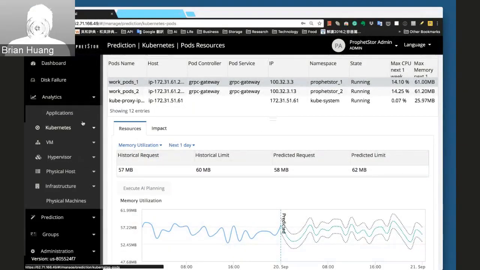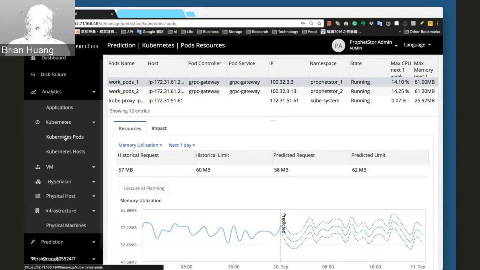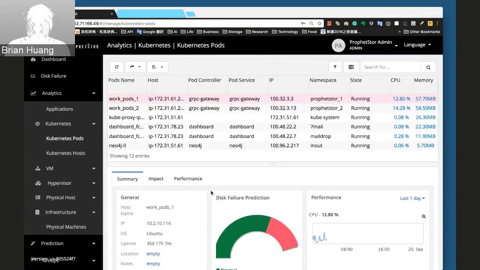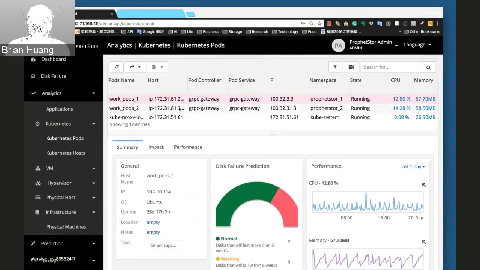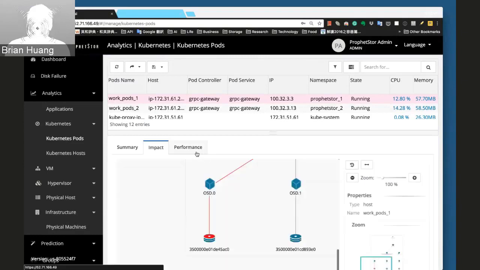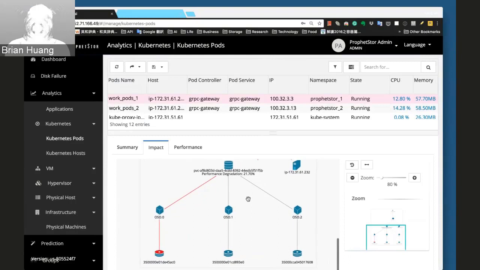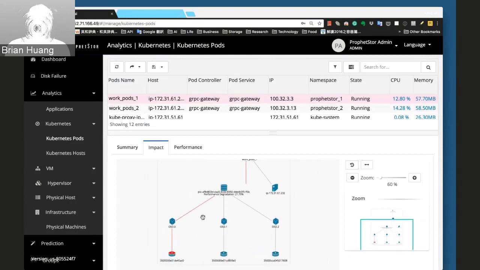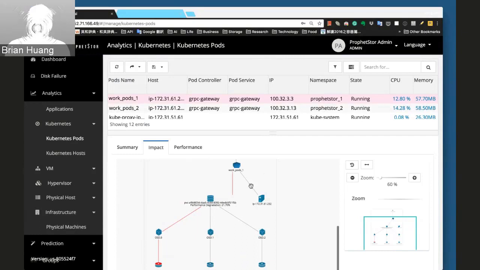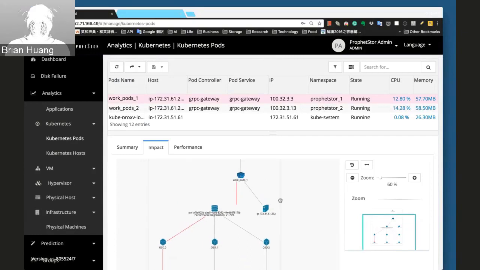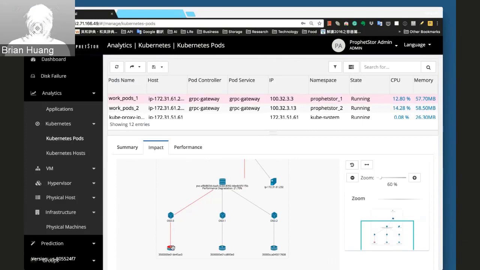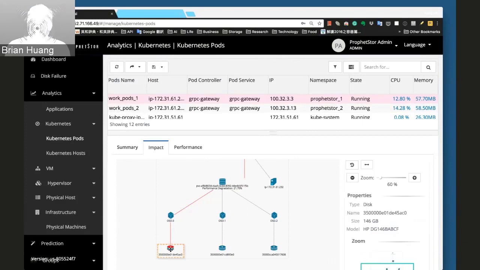Okay, I will go to the Kubernetes part here. Here is the pod list, and we select the first pod. In the underlying part is the information about each pod, and here is the impact map related to this pod. You can see almost the same screen as the screenshot, and you can notice there is this disk we predict is going to fail,